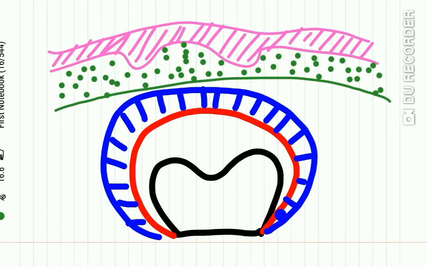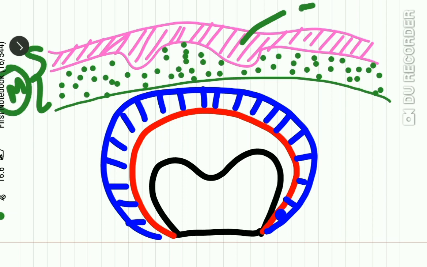Now, talking about the histopathological features of the eruption cyst, you can see here the overlying mucosa. This is the overlying mucosa which is made up of the epithelium, which is keratinized stratified squamous epithelium of the gingiva, and the underlying dense connective tissue. And below this oral mucosa, you can find a cystic cavity which contains a tooth,